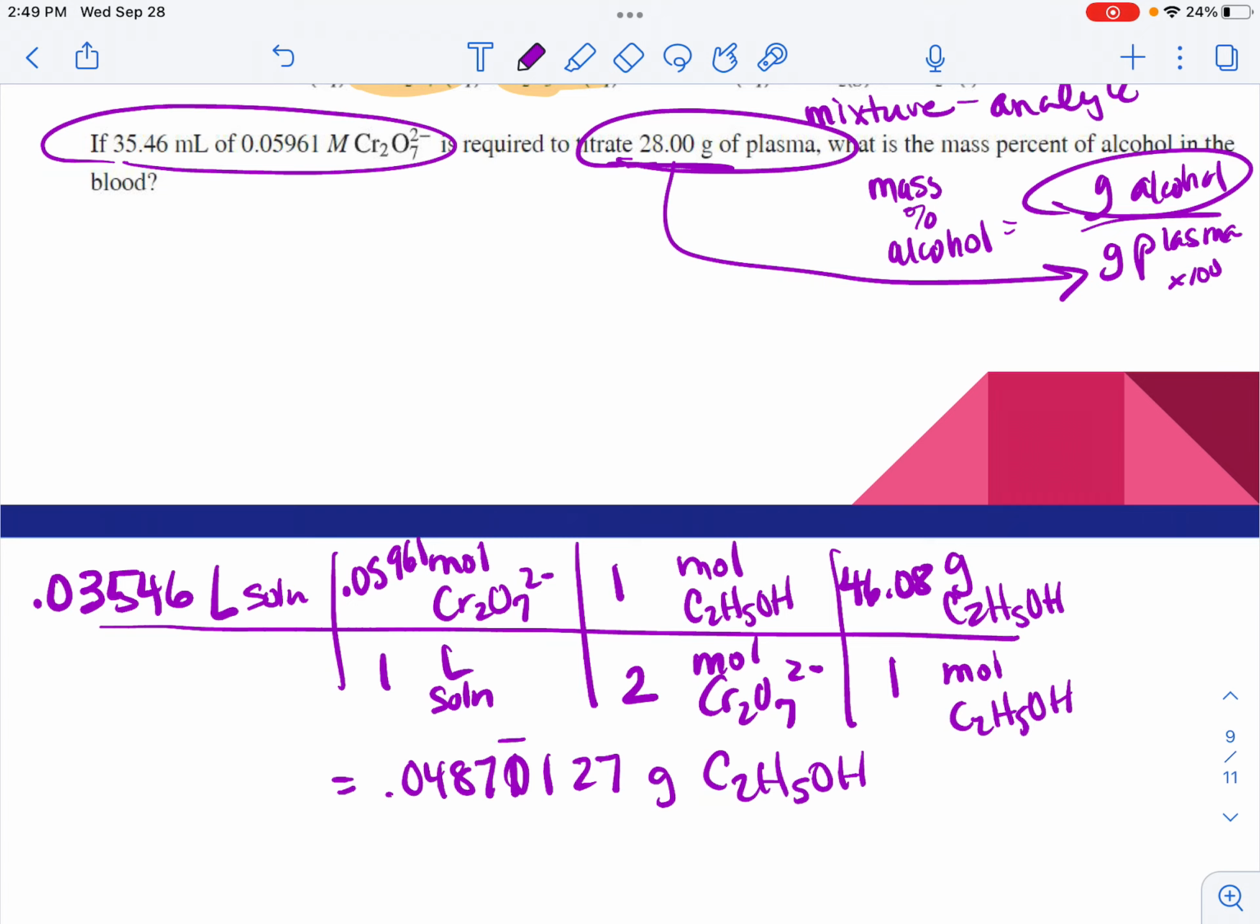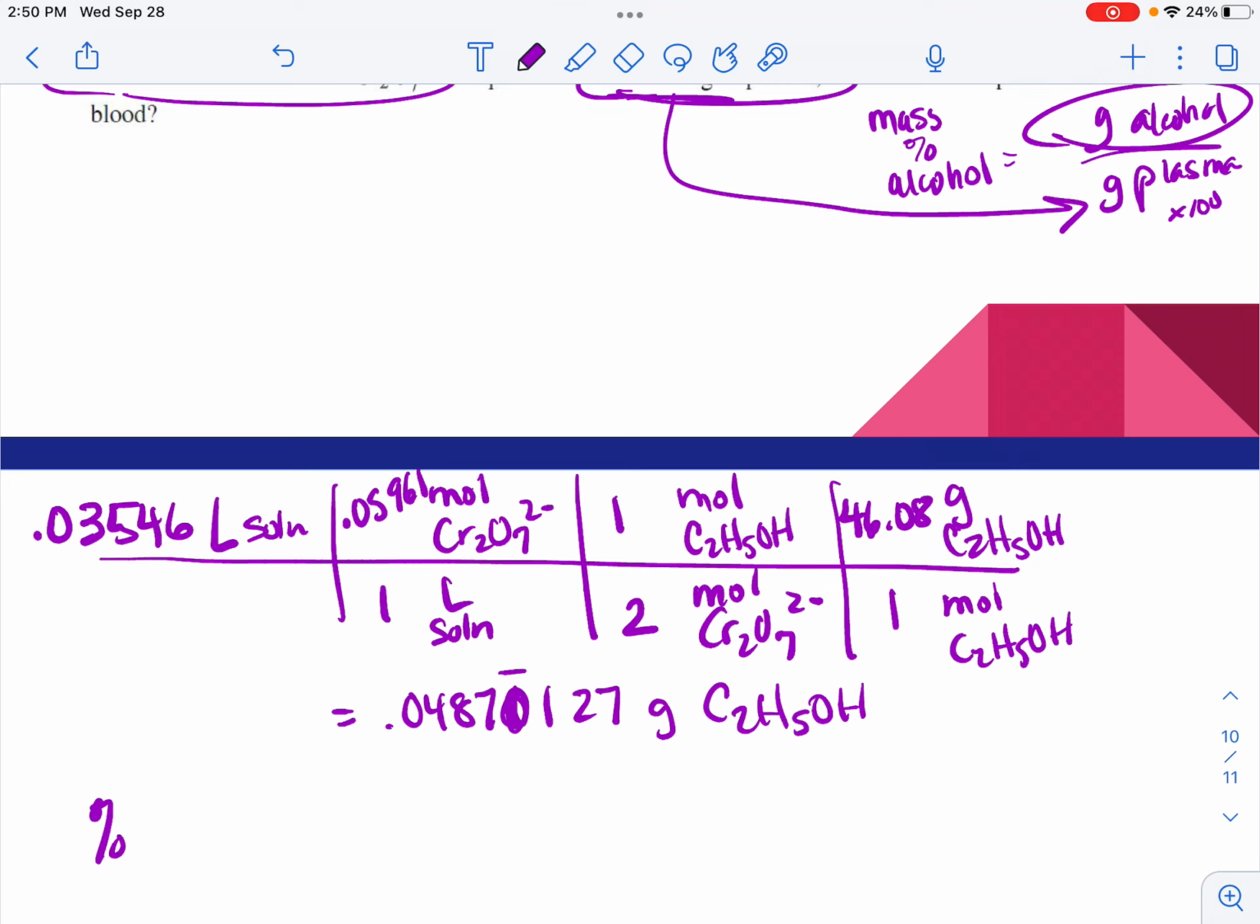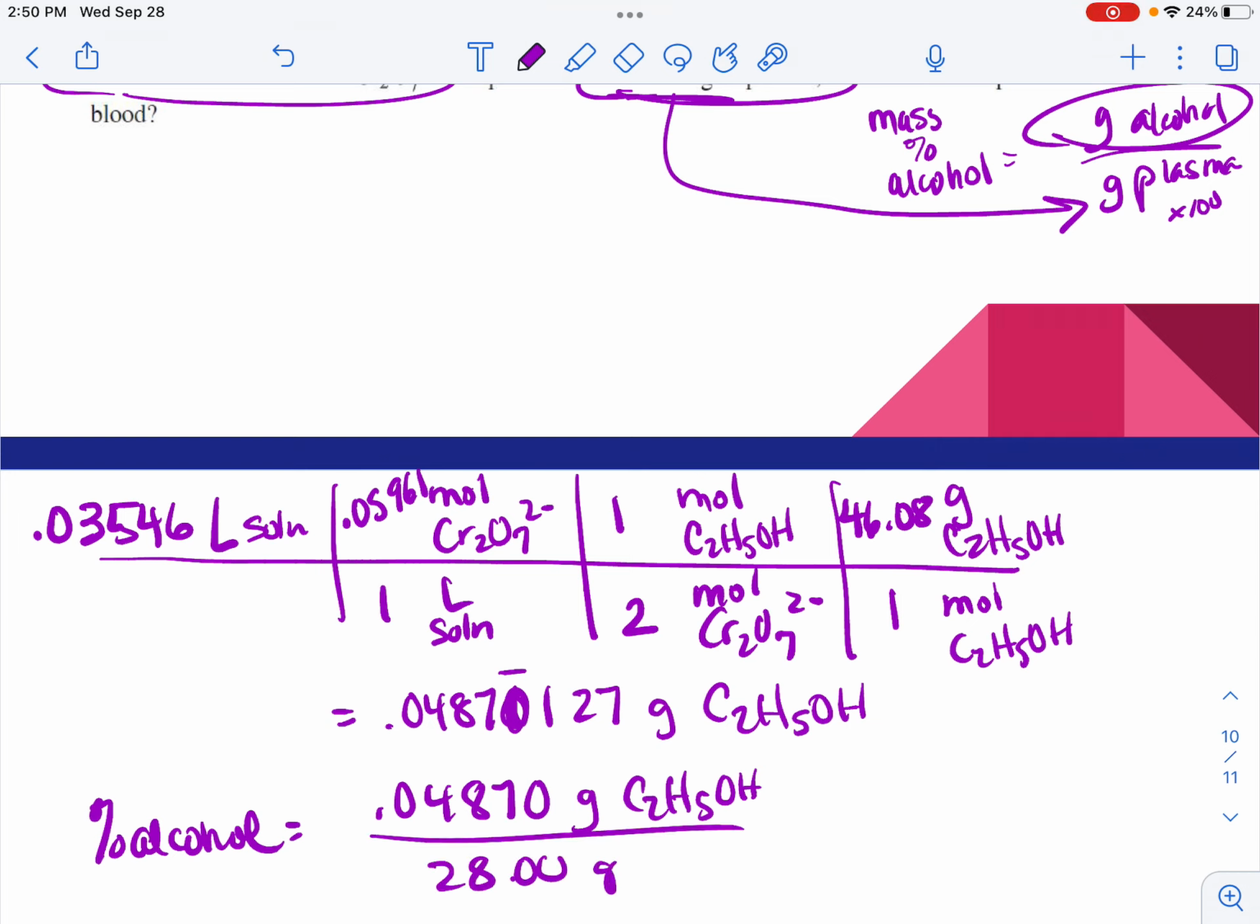And so technically I can stop here. I'm going to come back and say the percent of alcohol in the blood would be my 0.04870 grams of C2H5OH over my 28.00 grams blood plasma times 100, which gives me then, remember this is in the original blood, right? Gives me then 0.170714. I have 4 sig figs, which is